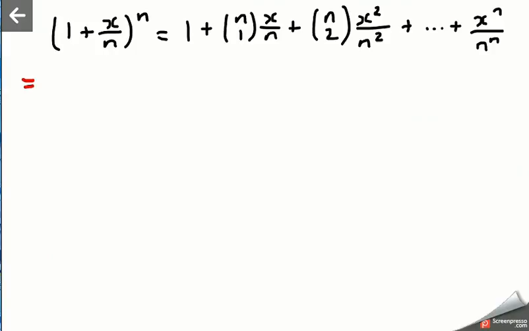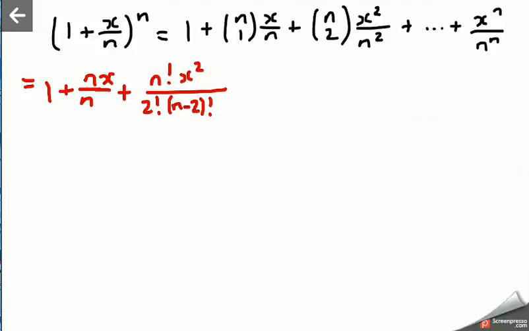So this is equal to 1, so that's the first one there, plus n choose 1, which is just n, so nx divided by n, so that's just x, plus n factorial x squared divided by 2 factorial times (n minus 2) factorial n squared